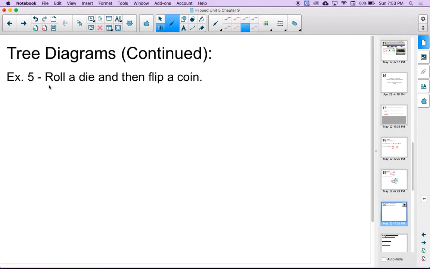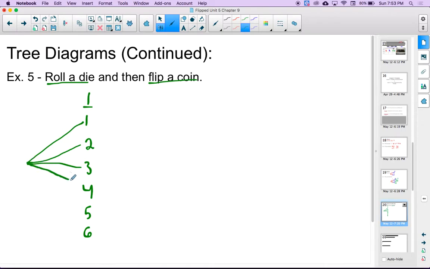I have one more example for a tree diagram. This is one where the steps are different. So my first step, I'm going to roll a die, and my second step, I will flip a coin. So first step, I'm going to roll a die. The outcomes when I roll a die are 1, 2, 3, 4, 5, or 6. So to make this look like a tree, we bring all of those outcomes back to a starting point,